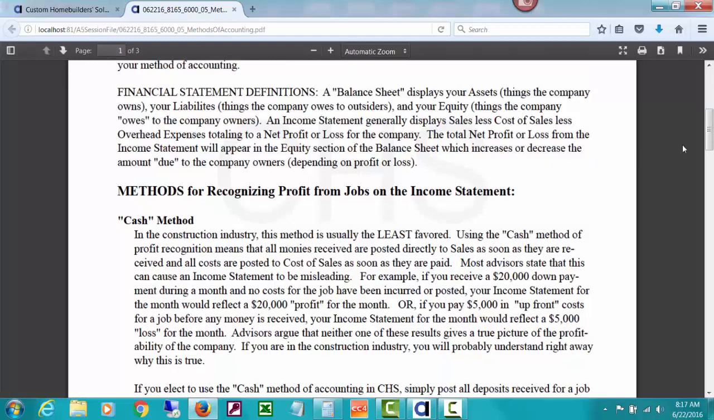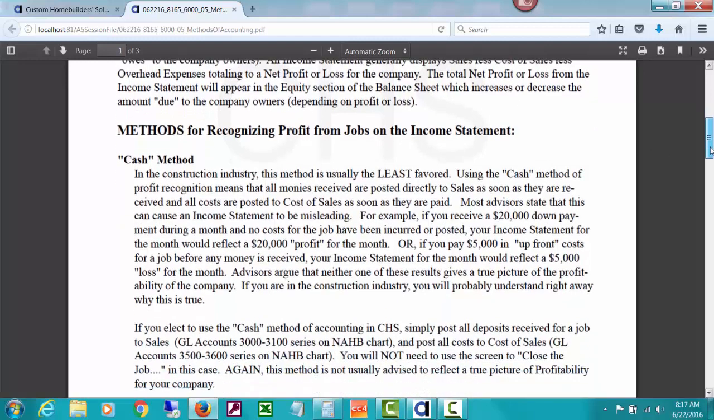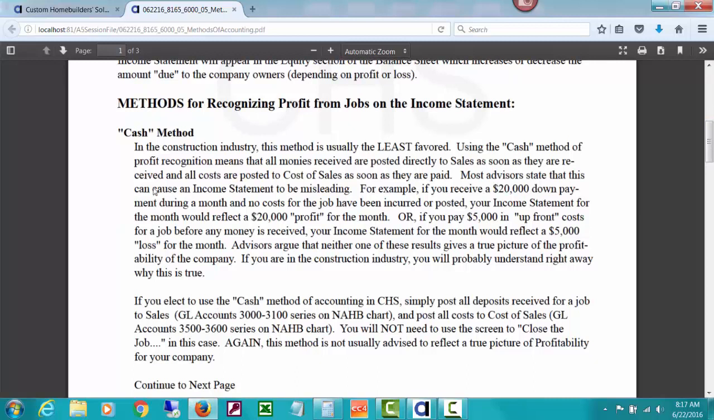The first method that is discussed here is a cash method. For custom home builders, especially, or home builders, this method is usually the least favored. Using a cash method means that when you receive money, basically you post it straight to sales right away. So say you're a custom home builder and you receive a $50,000 down payment, and boom, you put that into